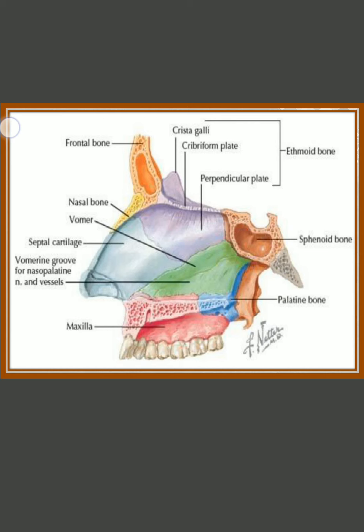Below it is formed by the crests of the palatine. This is the palatine bone and this is the nasal crest of the palatine bone. This is the maxillary bone, this is the nasal crest of the maxillary bone. And this here is the nasal crest of the nasal bone. So the total bones that participate in the formation of the nasal septum are mainly the vomer and the perpendicular plate of the ethmoid. Margins are formed by the rostrum of the sphenoid, nasal spine of the frontal bone, nasal crest of nasal bone, nasal crest of maxillary bone and nasal crest of the palatine bone.